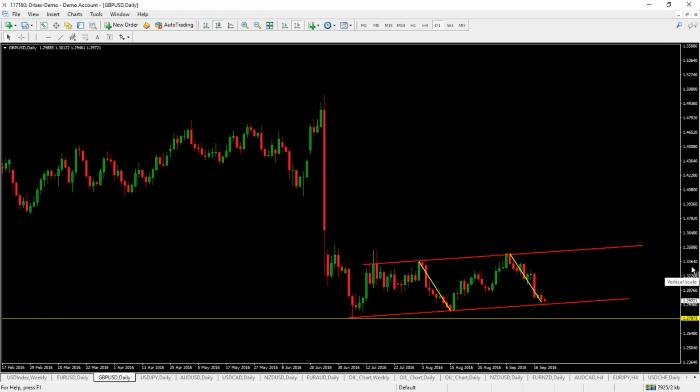At this point, and if the FOMC provides the catalyst for a breakdown in sterling, then the obvious level that's going to draw a lot of attention from the market is this year-to-date low at 128. So definitely going to be very interesting to see where cable shakes out on the back of the FOMC tonight.